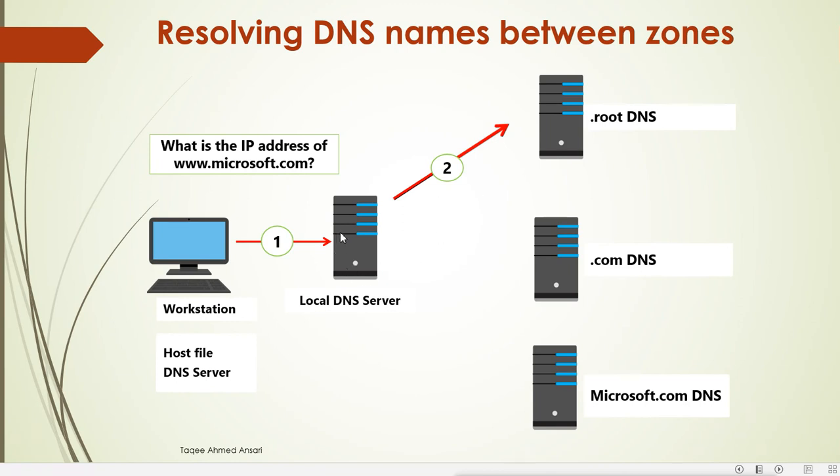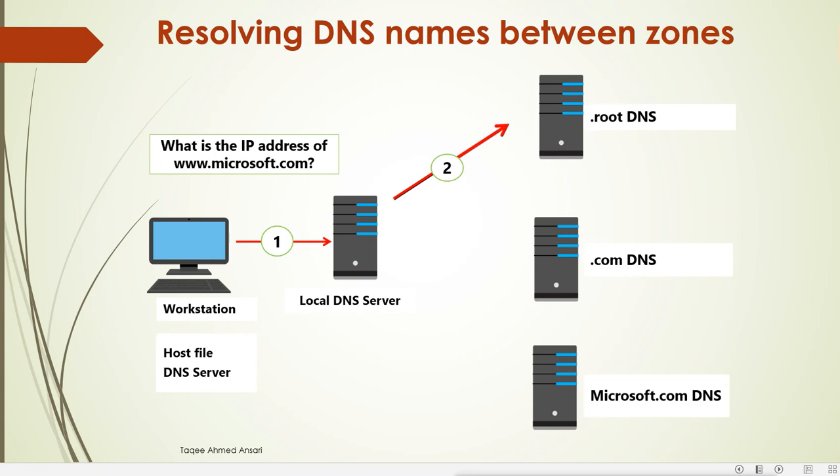Actually, whenever we configure the DNS server, by default we have all the root hint servers' IP addresses in that DNS server. All the root hint servers which we have in the world, with the different zones. In total we have 13 root hint servers, different servers for different zones. So all those servers' IP addresses and names are stored in the local DNS server. So our local DNS server will send the request to the root hint server about this